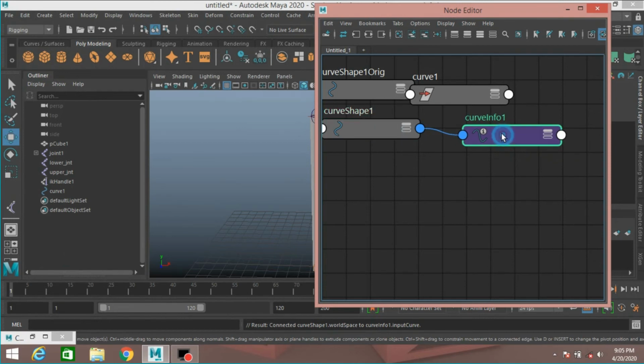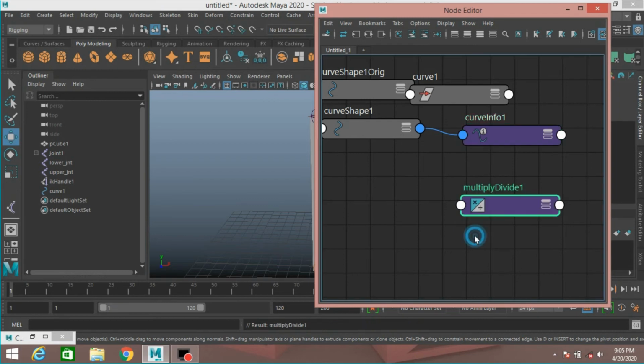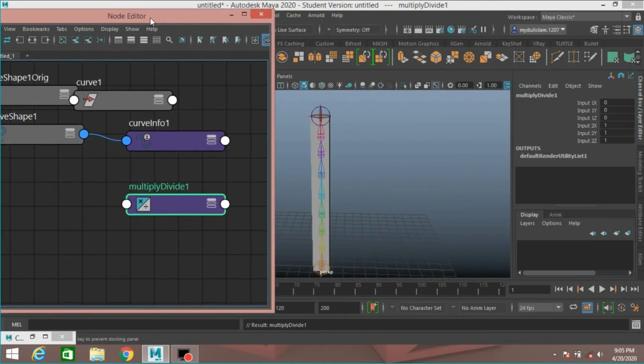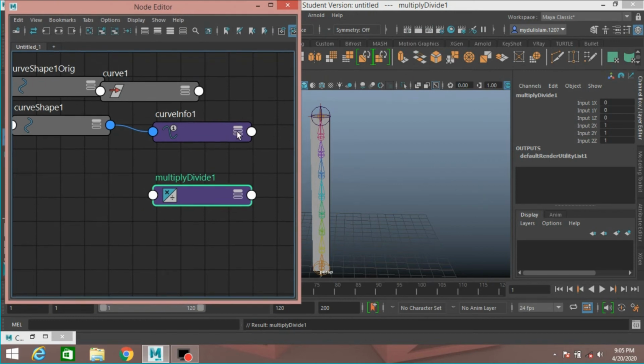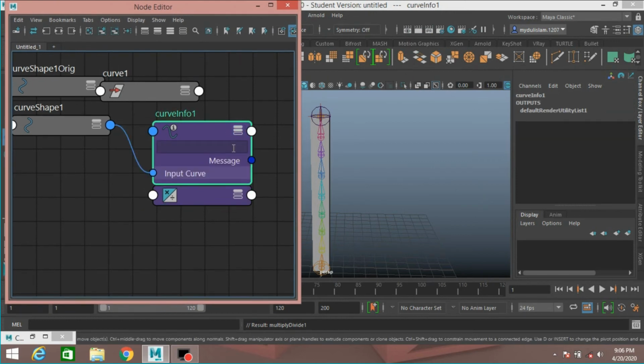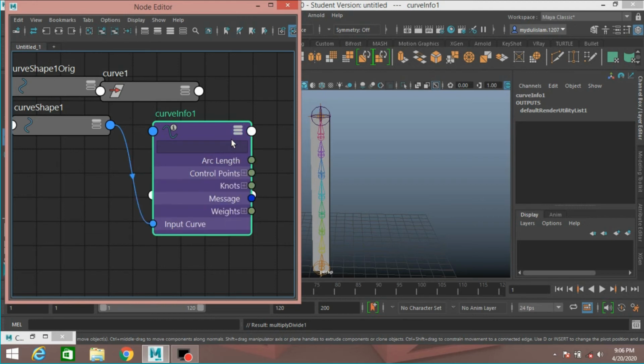Now again press tab key on your keyboard and type multiply and click on multiply divide node. This will open this. Now put it here to see clearly and make it large.